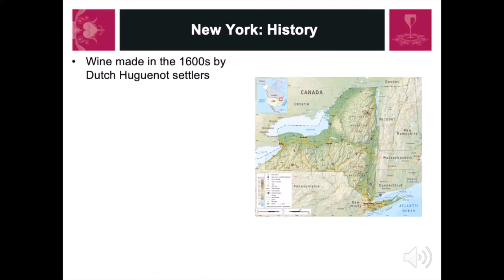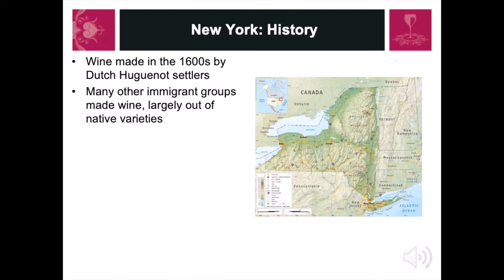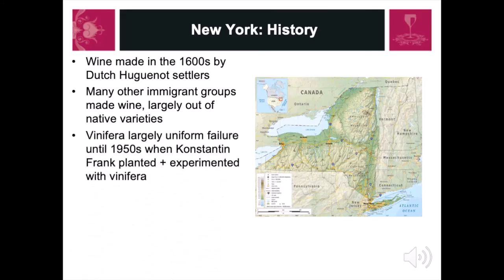A little bit more about the history here. Wine made as early as the 1600s by the Dutch Huguenots, and then of course 1800s by many, many other groups. I mentioned earlier that there were a lot of native and indigenous varieties in New York, that some made acceptable fruit, juice, and wine, and some did not taste so good. So vinifera, as I said, had this